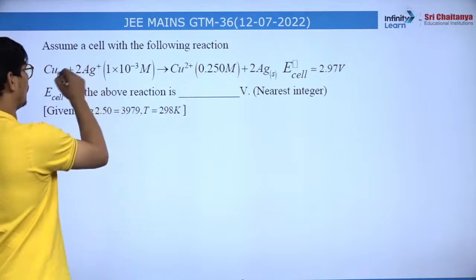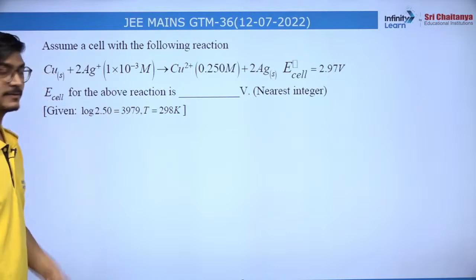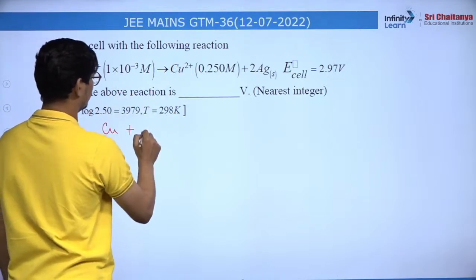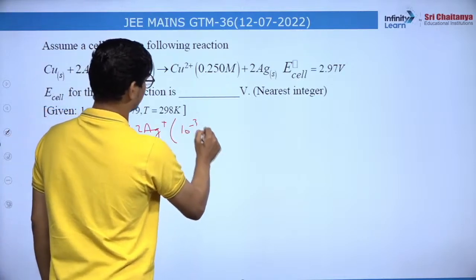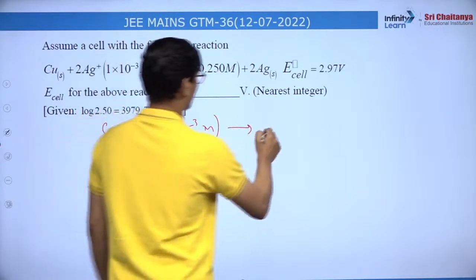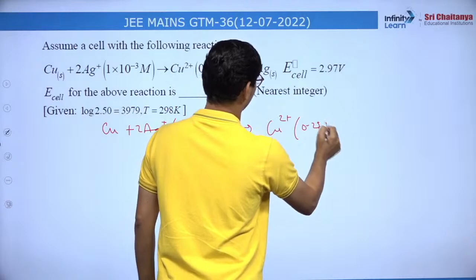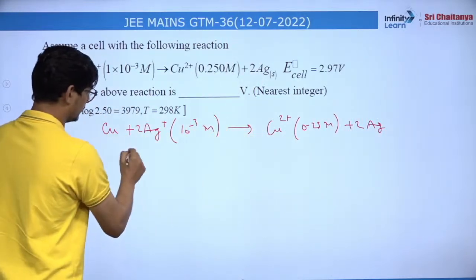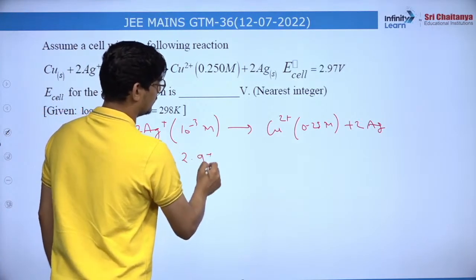Here, what will be the Nernst equation? For writing the Nernst equation, we'll have to write the balanced cell reaction first. So copper is undergoing oxidation, silver is undergoing reduction, the concentration is 10 raised to minus 3 molar. Alright, so copper is getting oxidized, 0.25 molar, and 2 Ag. So if we write the Nernst equation, E cell is equal to E naught cell, which is 2.97, minus,